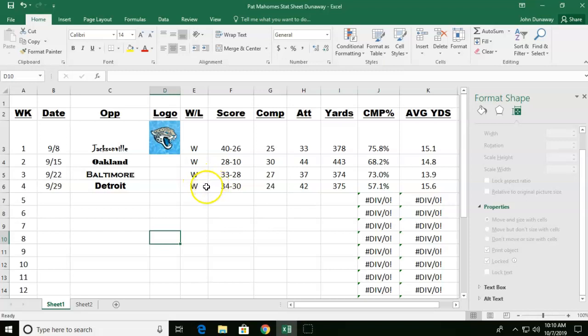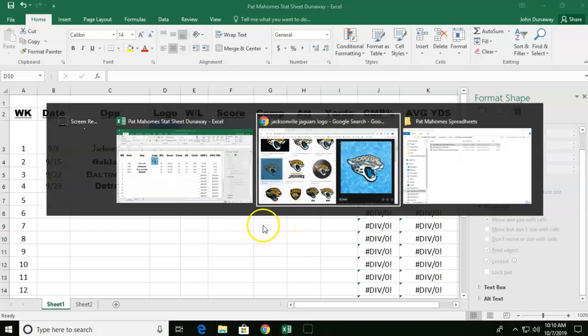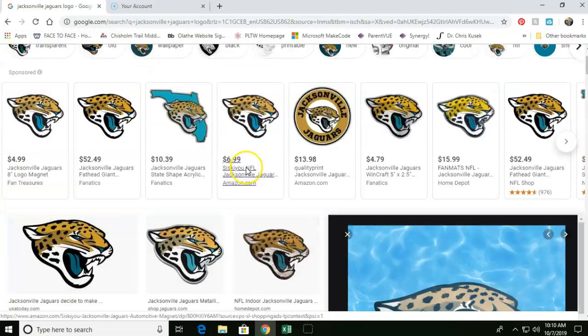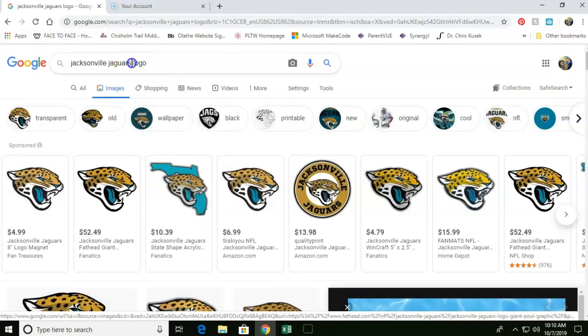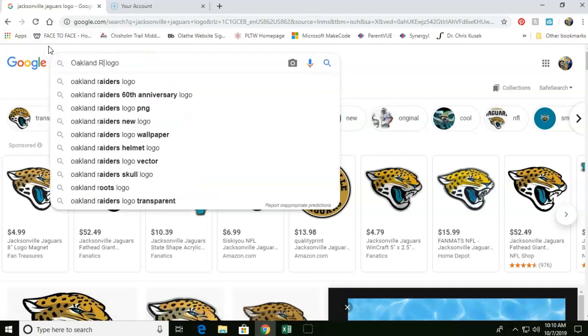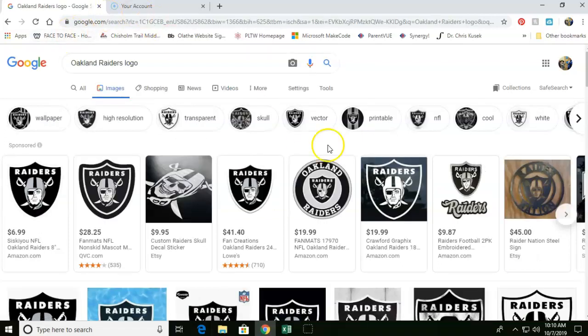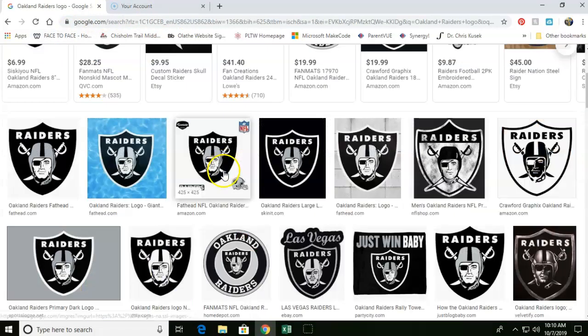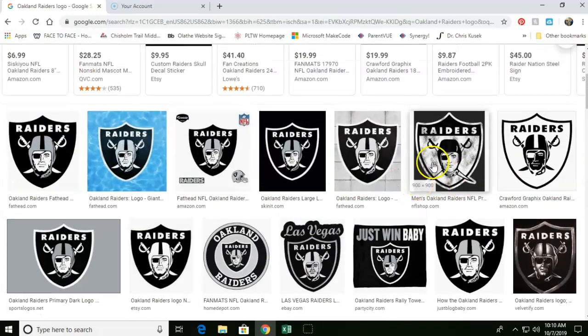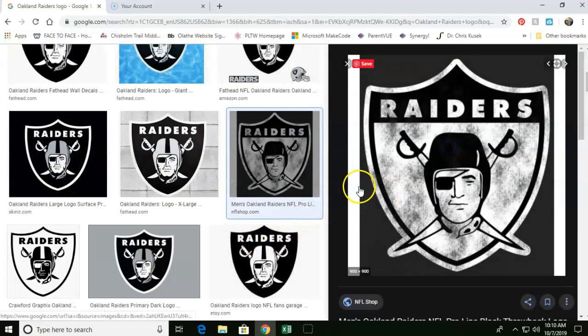So let's try it for the Raiders now, and then I will let you experiment with it on your own. So it'll work. It might just take a little bit of troubleshooting there on your end. The next team that the Chiefs played was the Oakland Raiders. So again, make sure images is selected. And the one I liked there was this one right here. That's kind of cool. Kind of a rustic, retro looking